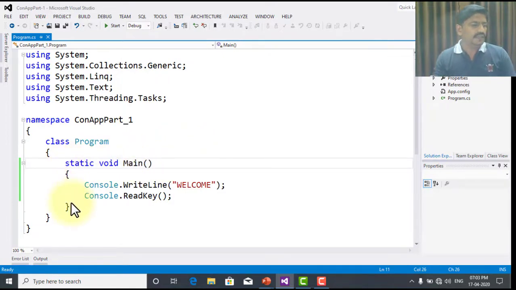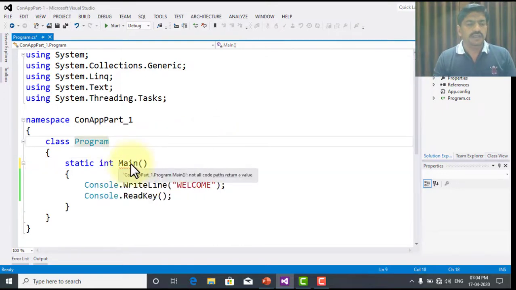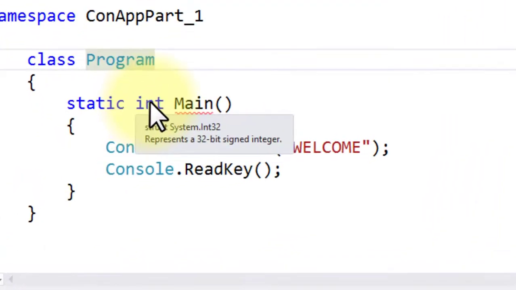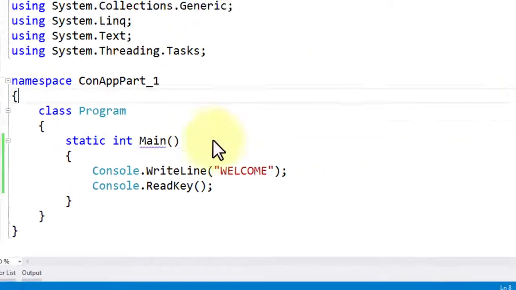Now let's see the second version of the Main method. This is the second version of the Main method, that is it has a return type of integer, and it does not take any arguments or any type of parameters.